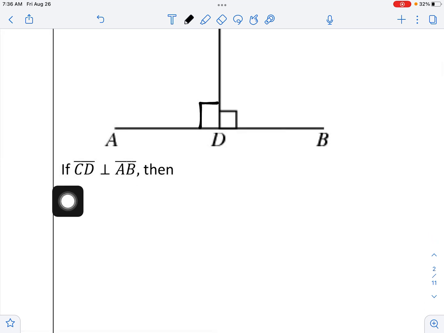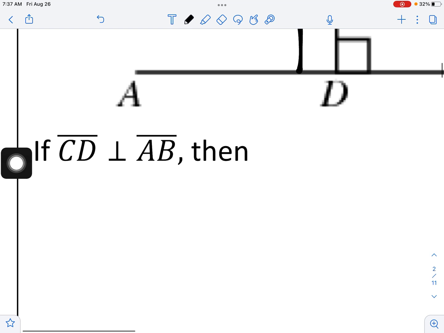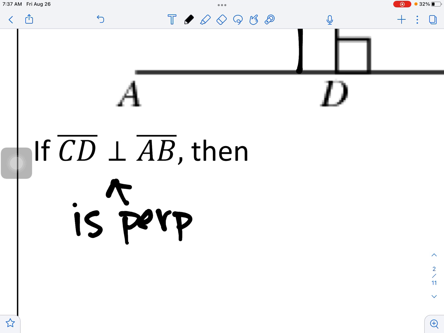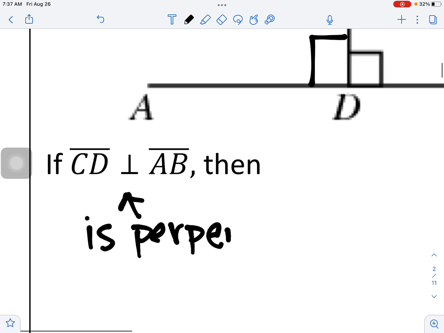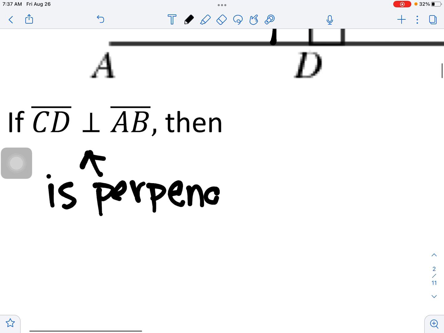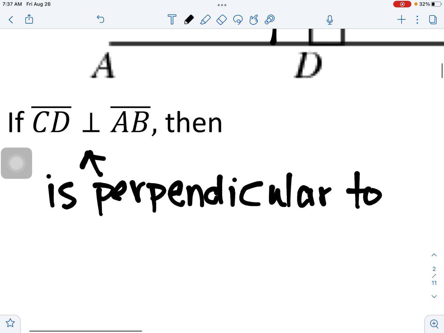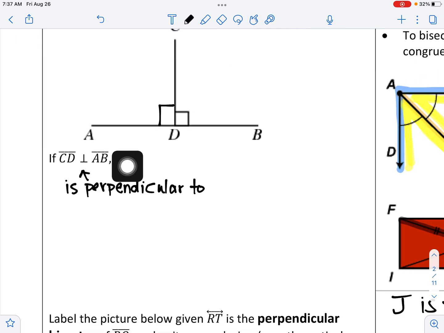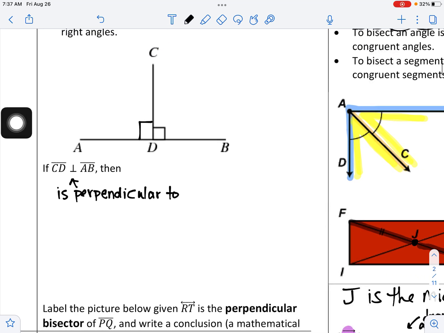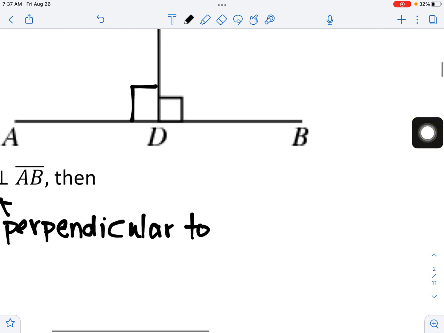So when I read my statement, I say if segment CD is perpendicular to segment AB, then what we're going to state is that these two angles are right angles. We are going to need to name them. So we're going to say that angle CDB, so that's the angle on the right,